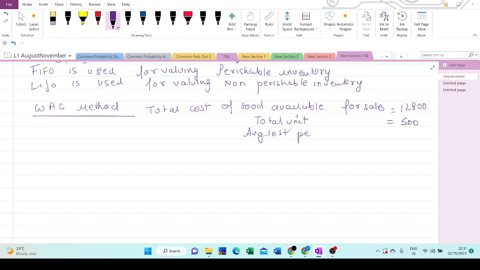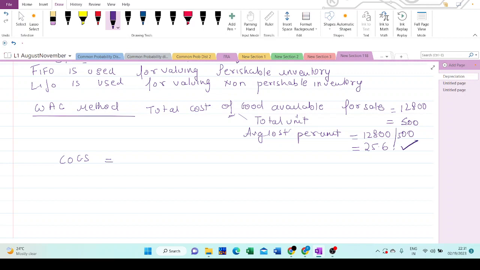How will we calculate that? By dividing total cost of goods available for sale by the total units purchased. So divide 12,800 by 500. How much is this? 25.6. Now to calculate COGS, what we'll do is multiply this average cost